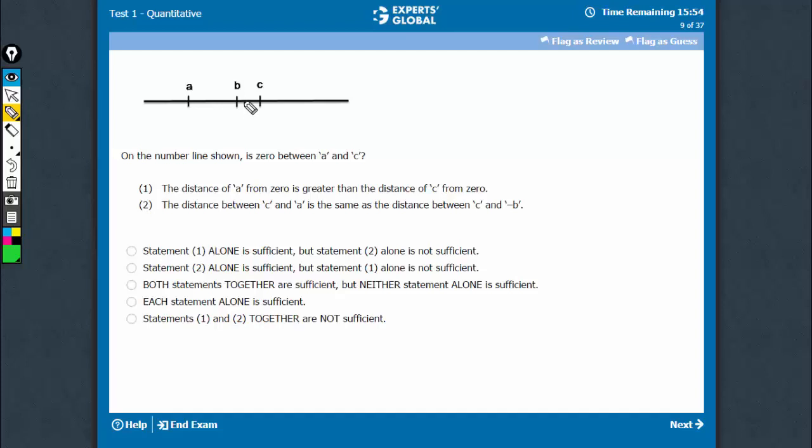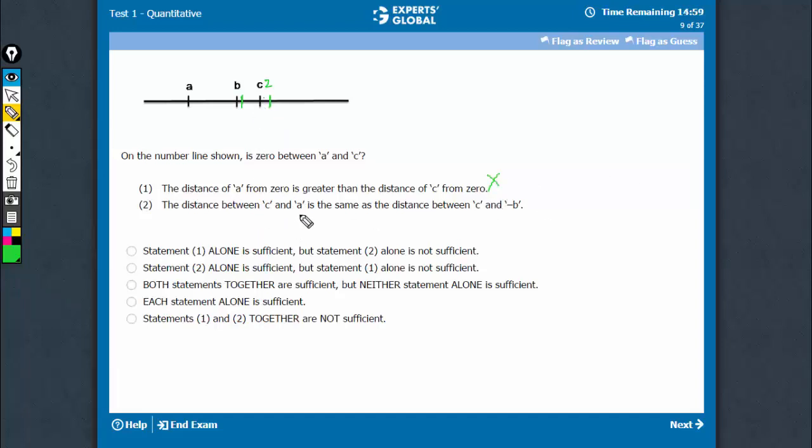So in statement 1, the answer would be yes if, say, origin lied somewhere here. Let's call it case 1. And the answer would be no if origin lied, let's say, somewhere here. Let's call it case 2. So see, in both the cases, origin is closer to C than it is to A, but in this case 1, it lies between A and C. In this case 2, it does not lie between A and C. So 1 is not sufficient. Let's come to statement 2.